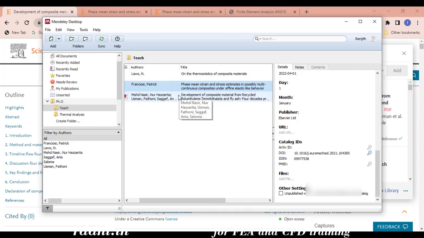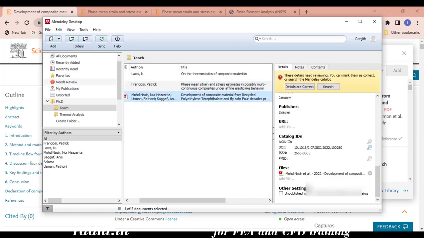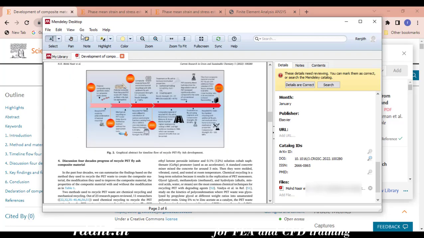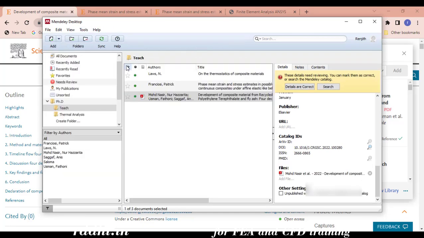Nowadays, researchers are publishing papers without money, and reviewers also, but the readers are paying money to read the work. So it's actually a business. So if you click on here, you can see the file has already come to our Mendeley Desktop. And if you click this one, the file, you can read it in Mendeley. So it's already there, and wherever you go, this will be with Mendeley. That's one of the